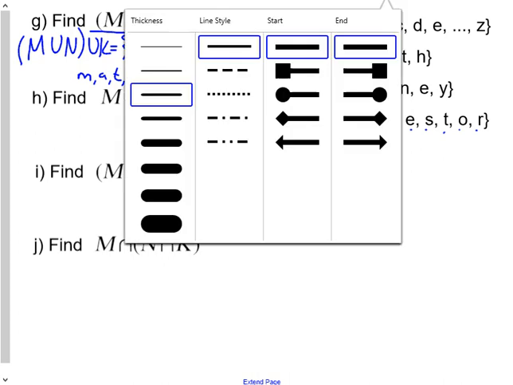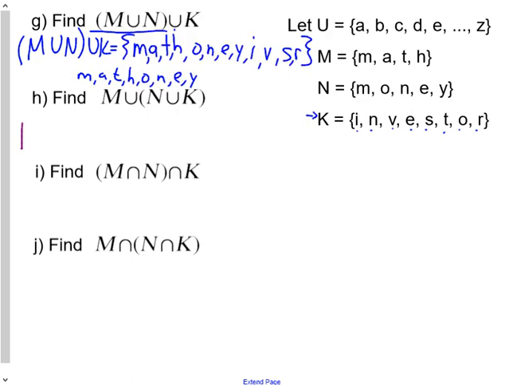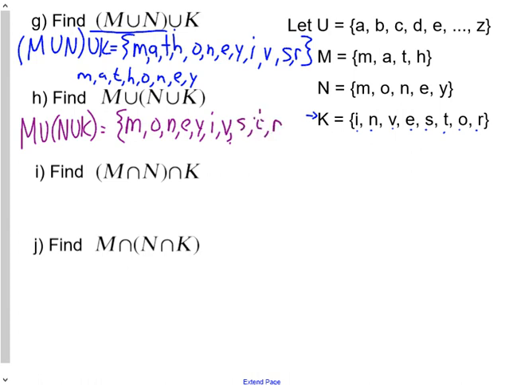Now doing the same thing with H, except we're starting with N union K. So that's back on that first slide. N union K was honey, I-V-S-T-R. So just remembering from the last one, we wrote it down, so we're just going to write it into our set. Honey, and then we have I-V-S-T-R. A V looks like a U. We'll try again. There we go. Okay. So that is everything in N union K,